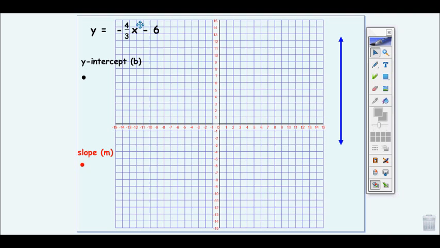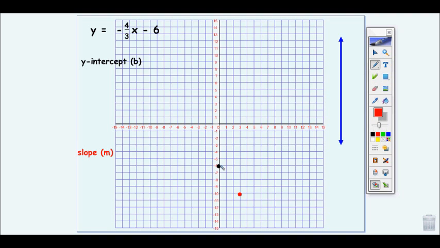So when we're given a line to begin with, my line is y equals negative 4/3 x minus 6, a linear equation already in slope-intercept form. I'm going to graph it by beginning with the b. The b is at negative 6. My slope is going to be a negative 4/3. Remember, I could go down 4, 1, 2, 3, 4, and run positively 1, 2, 3. Or if your graph doesn't allow you to go that way, you could also